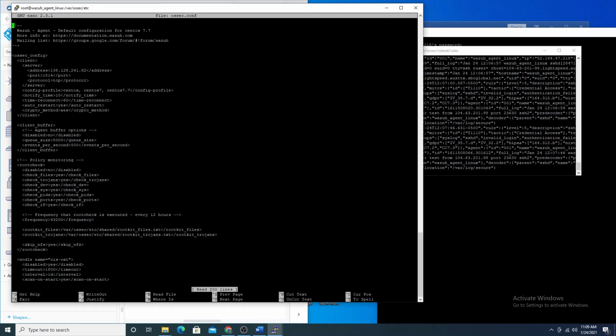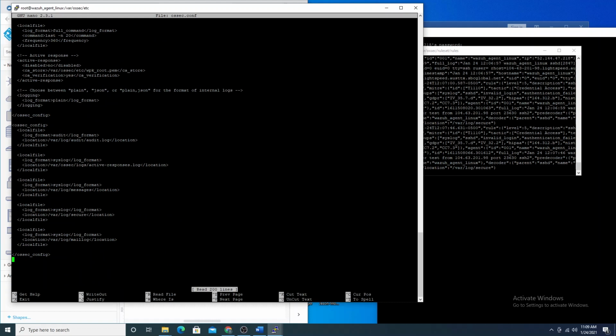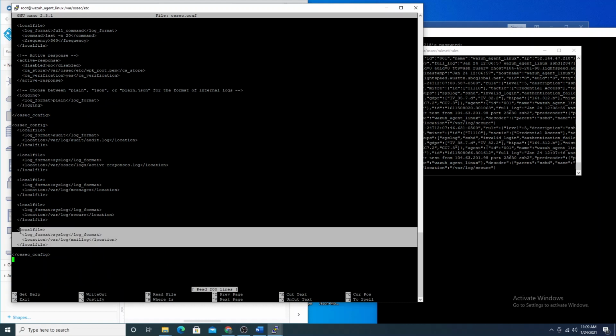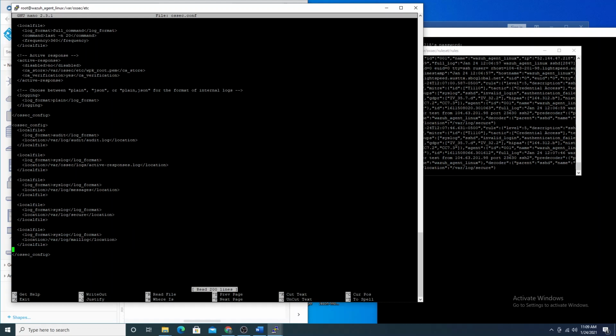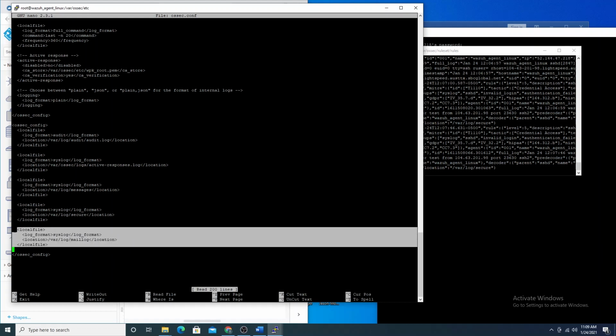We saw our local files here. We have the ability to add any other file we want to add. So maybe you have your own homegrown log collection or log writing, and it's stored in some location that isn't normal. You can go ahead and say it is a type of syslog. Say I'm forwarding it to /var/log